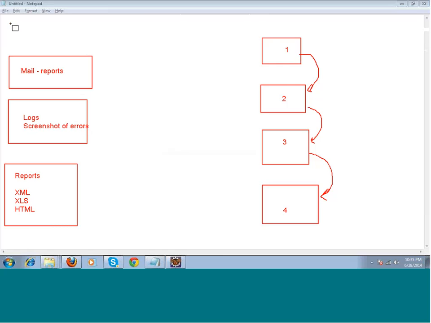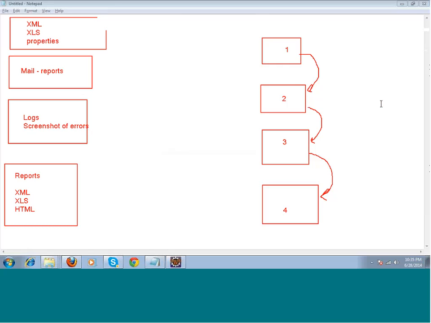Then you would have a requirement that when you are running your test cases, you want to read your data from XML files or XLS files or properties files. So there are various types of files from which you would want to read your data and pass it over to your test cases. Fine. So to